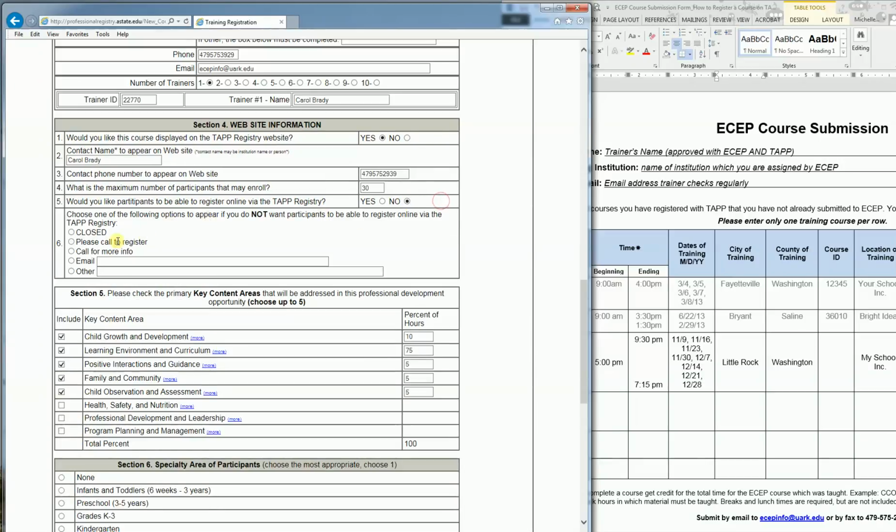Keep in mind that if you have participants to call you to register or email you to register, you will then be responsible for your own preliminary rosters, and this becomes important in case you have to cancel your course for any reason or reschedule it for factors outside of your control. So if something comes up and you have to reschedule the course or cancel it for a night, then you have to be able to contact those participants to let them know. So if you're going to handle your own pre-registration, you need to make sure to have the records to be able to contact everyone. So in this case, I'm going to put no, I do not want them to register online via the registry,